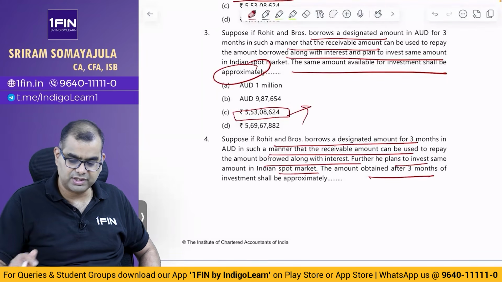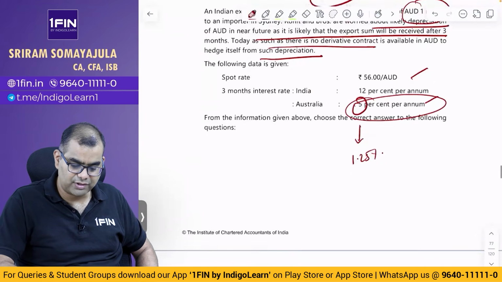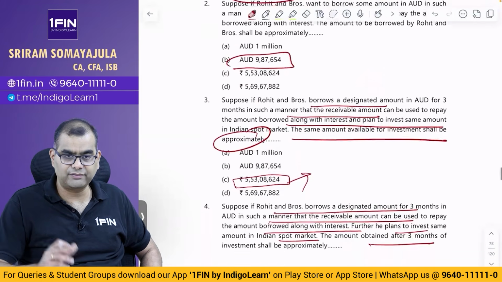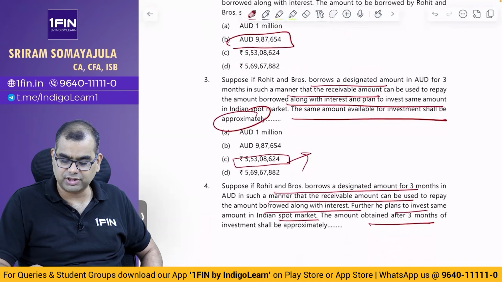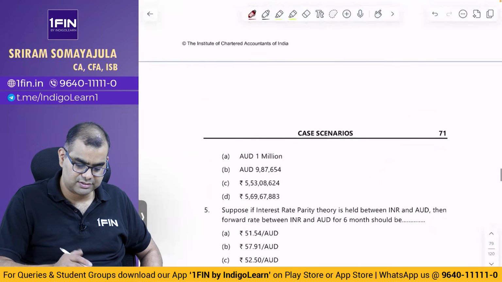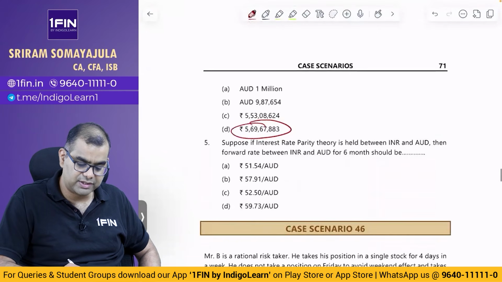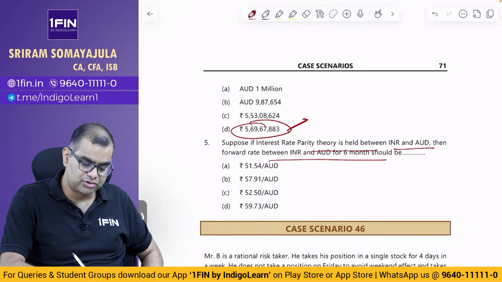So, if you are going to invest this, how much interest are you going to get? You're going to get interest of 12%. So, 12% per annum for 3 months, into 1.03. You get 56967883. Then, suppose if the interest rate parity is between INR and USD, then this should be the forward rate,